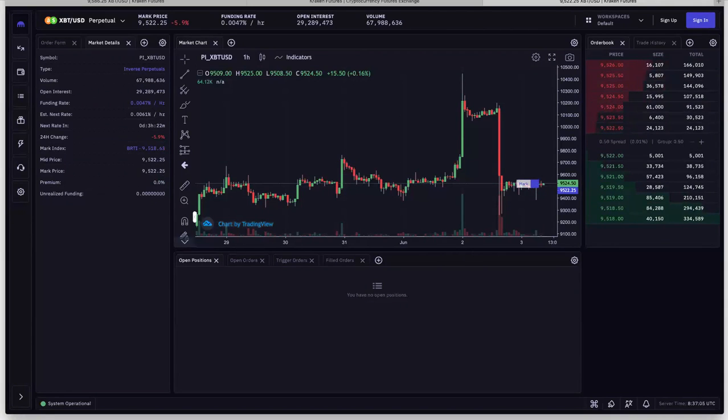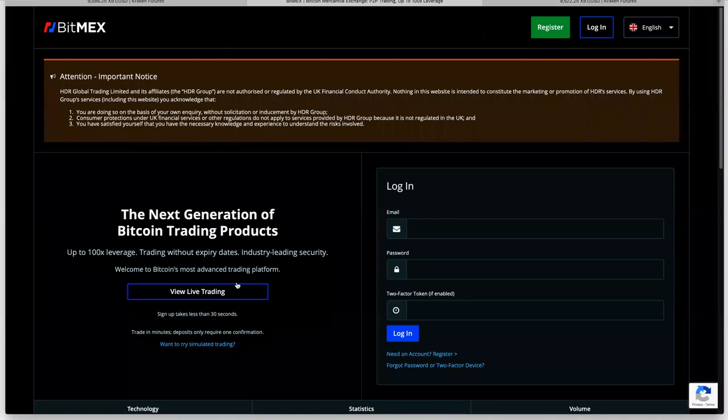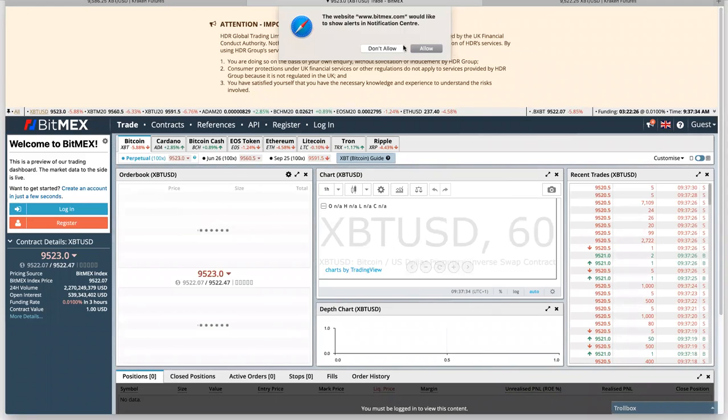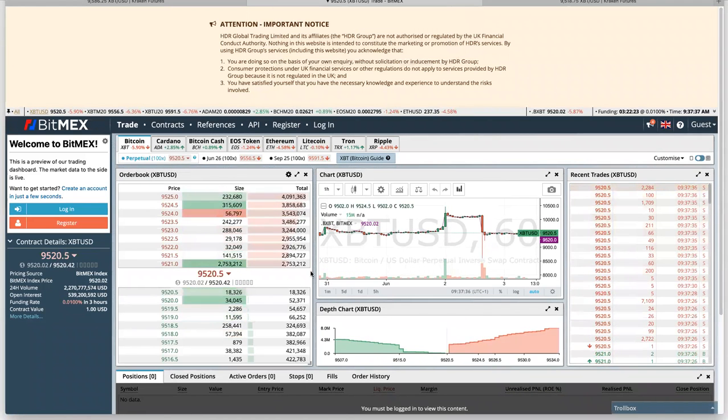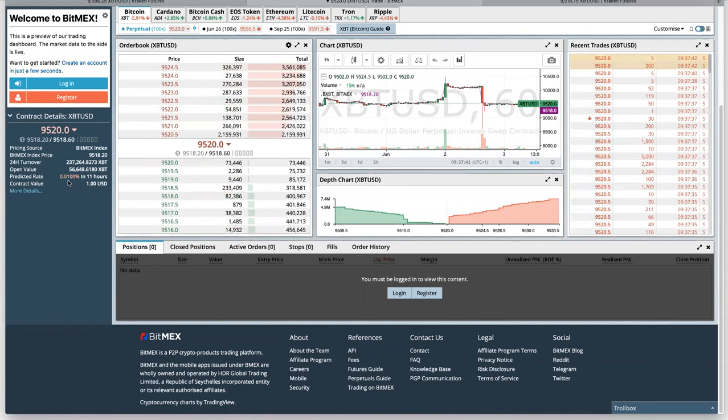Cool. And there's another question. Is there a difference between the funding rate on the Kraken platform compared to other platforms? That is a good question. Yes, because each platform's contracts trade at different prices. So if you look at ours now, it's trading at 9522, and that will not be trading at the same as BitMEX or Deribit or any other competitor. I mean, it might be, but it's not necessarily going to be trading at the same price. You can see it's slightly off, right? So that's 9520. So it's a $2 difference. 0.01%.